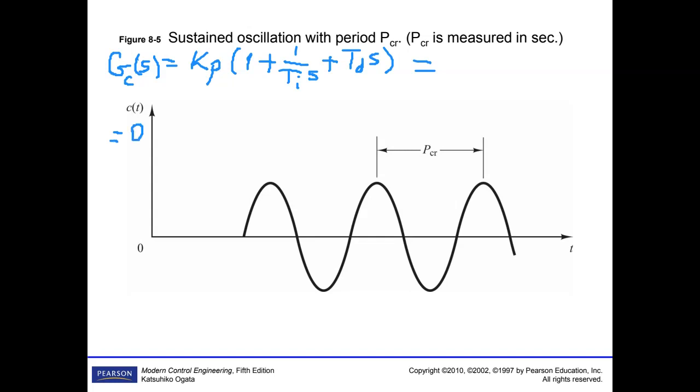According to Ziegler-Nichols second rule, 0.6 times Kcr, bracket 1 over, I'm sorry,